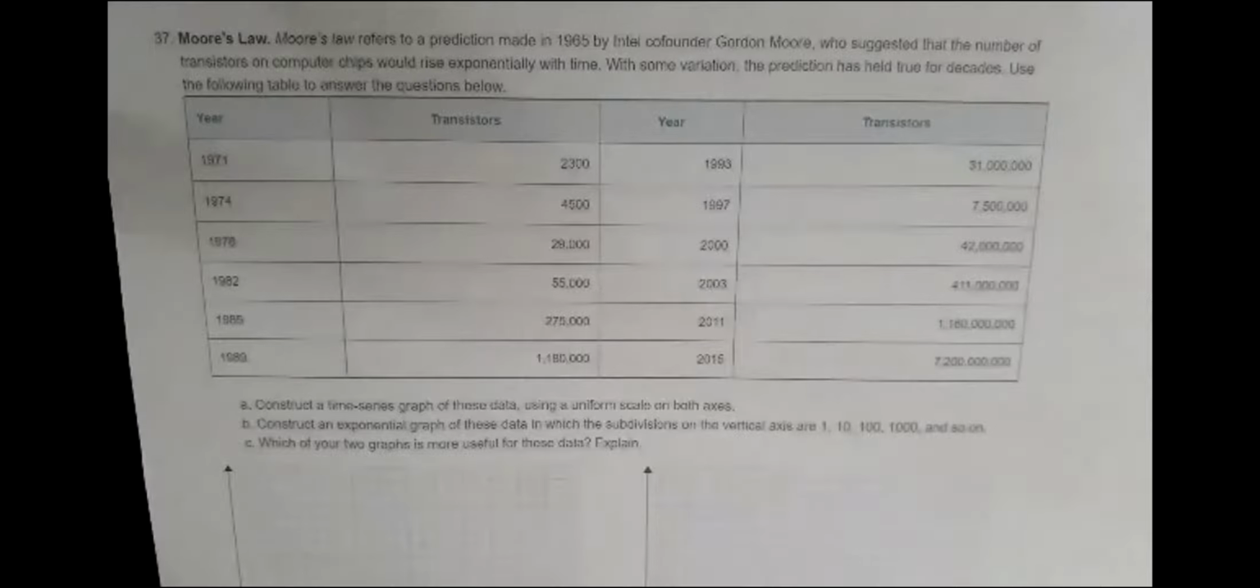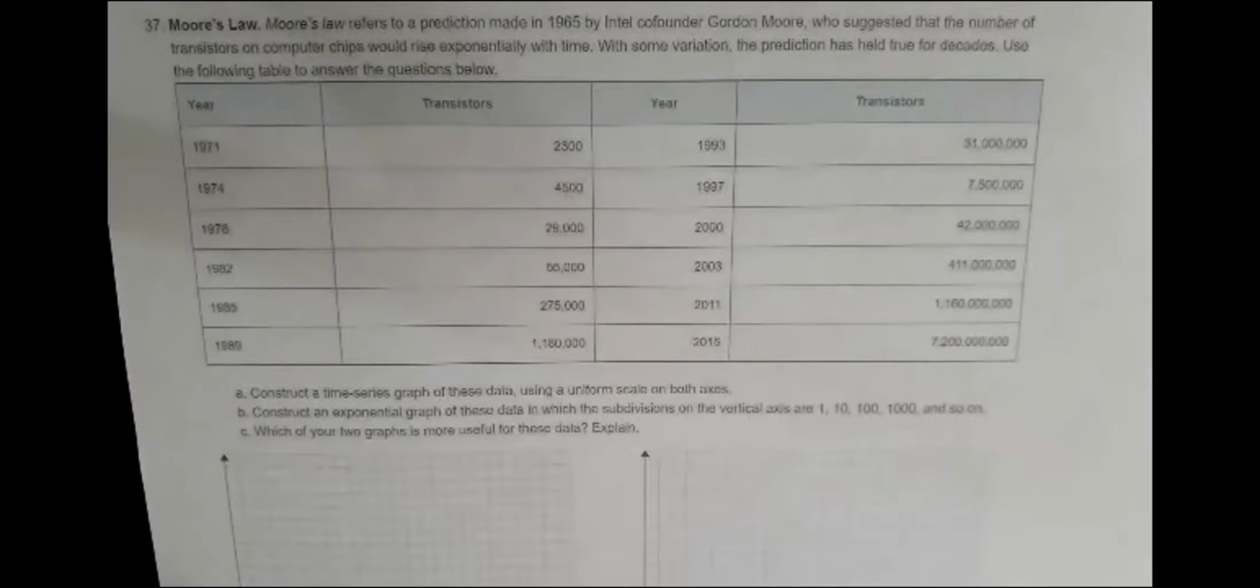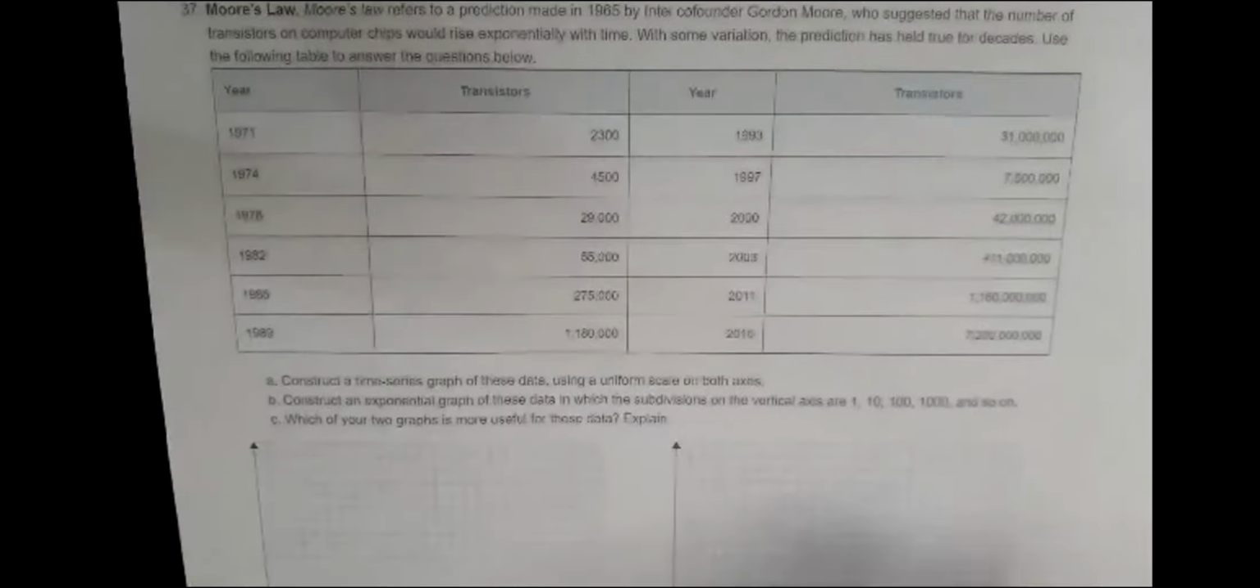But they have things called quantum computers, right? And they're trying to get around those sorts of things. So this is something that is happening. It's something that's applicable, right? Construct a time series graph of these data using a uniform scale on both axes. And then we want to construct one using an exponential scale with subdivisions of 1, 10, 100,000, and so on. Which of your two graphs is more useful for this data? So we want to construct it with